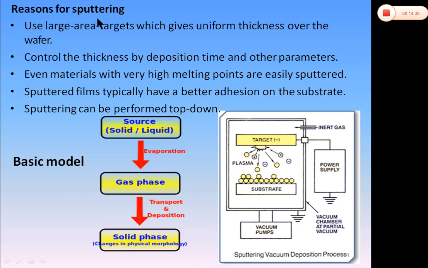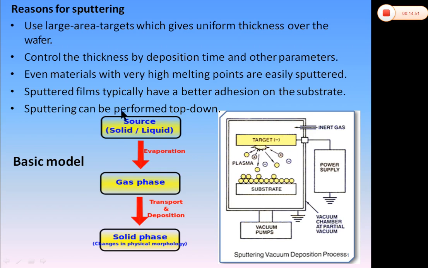Reasons for sputtering. Use large area targets, which give uniform thickness over the wafer. Control the thickness by deposition time and other parameters. Even materials with very high melting points are easily sputtered. Sputtered films typically have better adhesion on the substrate. Sputtering can be